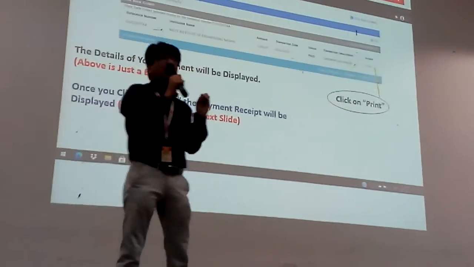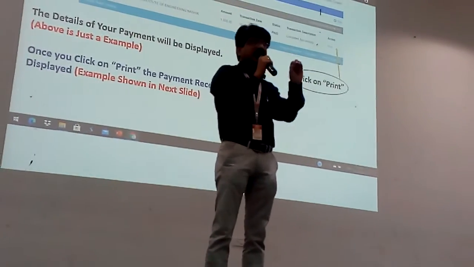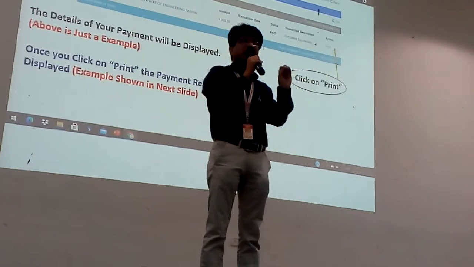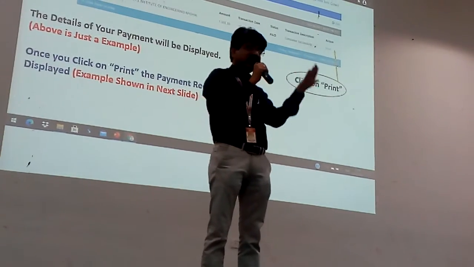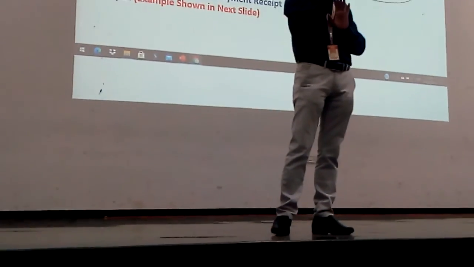So from tomorrow, depending on the instruction from your class coordinator, you start creating the profile. You can create it on your mobile at home, but prior to that, your photo, signature, and everything should be with you, so that you can fill in the correct information and create the correct profile. Okay? Thank you very much.